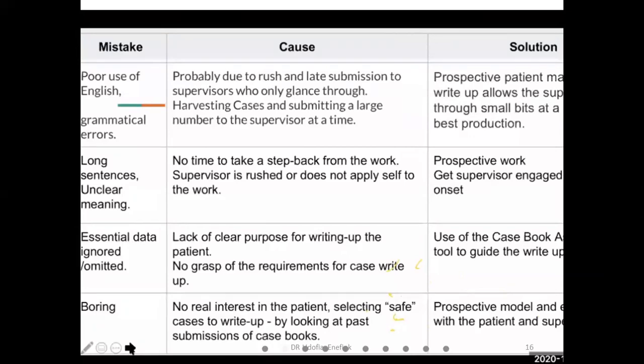gotten. And most of the time, some of these things are very boring, not interesting, because you just sit down and cook. You know, you want to report a case of malaria, go to Facebook and copy all the symptoms, all the examination, it doesn't make any sense. So it looks boring when you read it as a family physician. So you must always make sure that you proactively model whatever patients you present in line with that 7 steps, and give it to your supervisor at the right